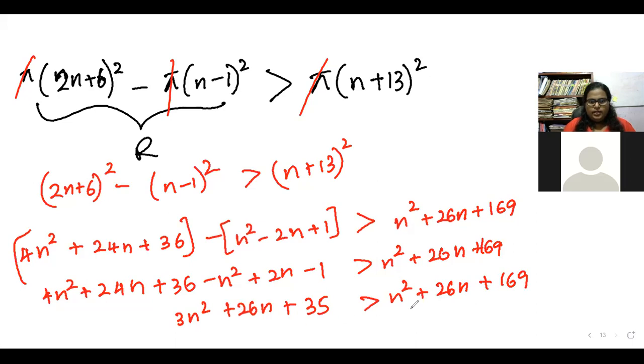So here you can simplify these terms like this. So 2n square minus 35 minus 169. So it should be minus 134 greater than 0. So we can,